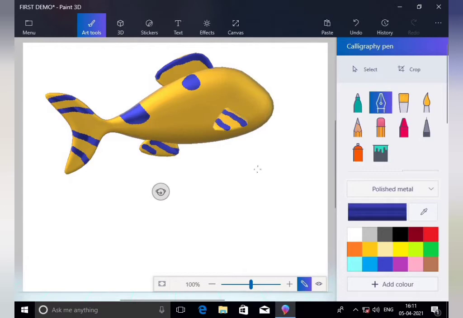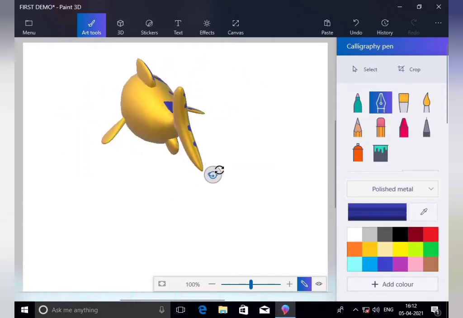So our fish is drawn like this, right? You can see how to color the fish, how we draw it and put the color on the 3D fish.